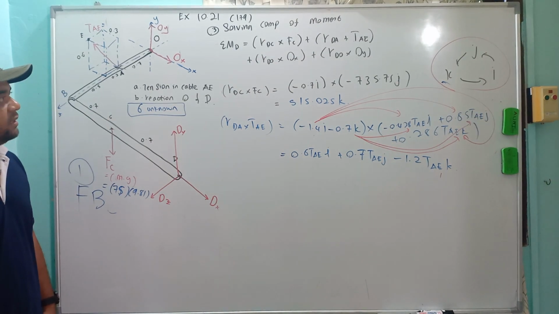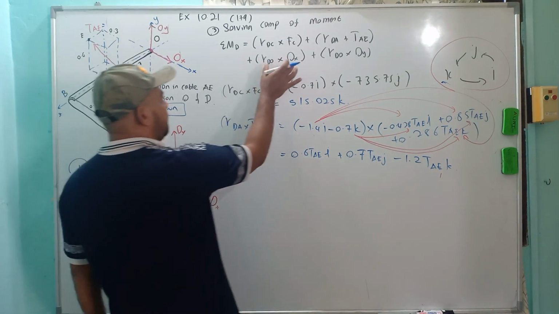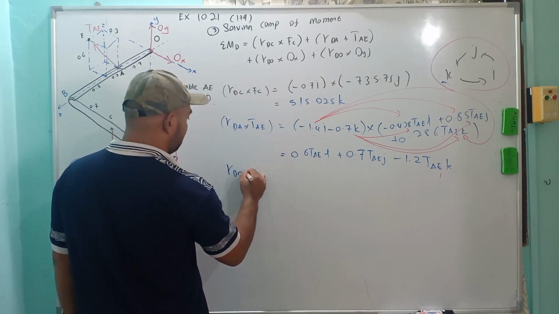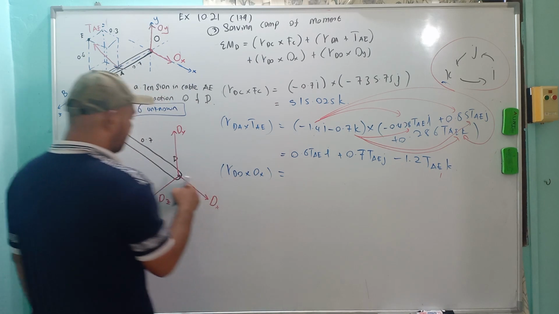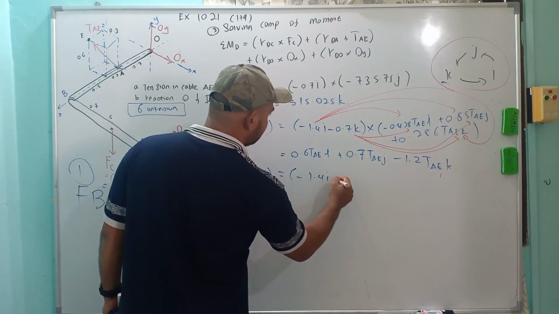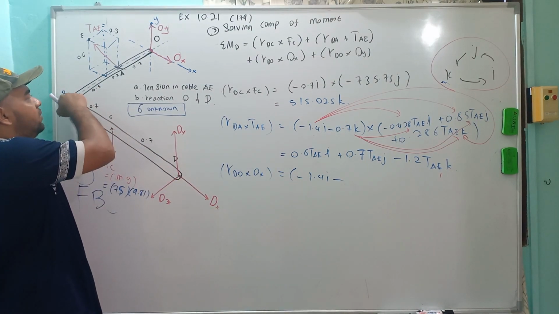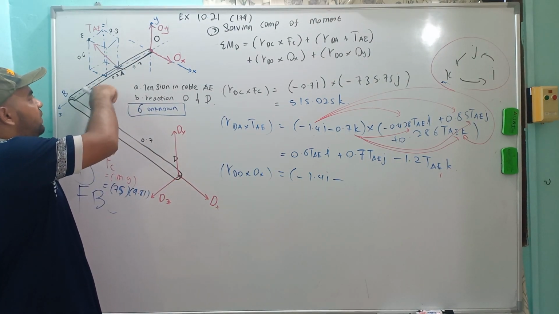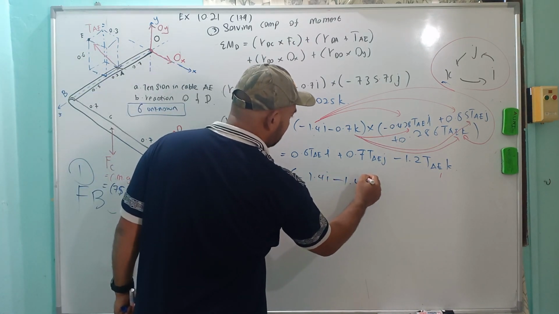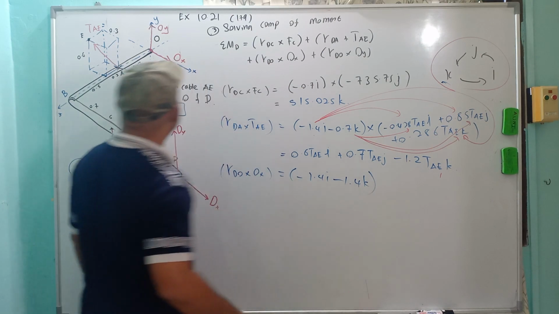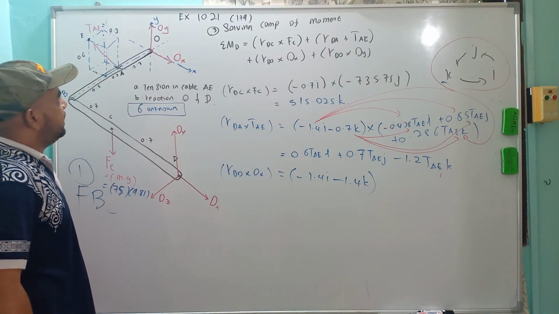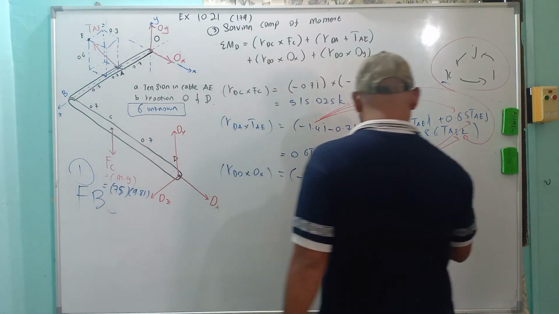Okay, so you have that, and then we go to this one and this one. OX equals, from D to O, so you have negative 1.4 i. Going this way, also negative in Z, 0.5, 0.2, 0.7, negative 1.4 k. Nothing in the Z direction, nothing in the Y direction, so cross